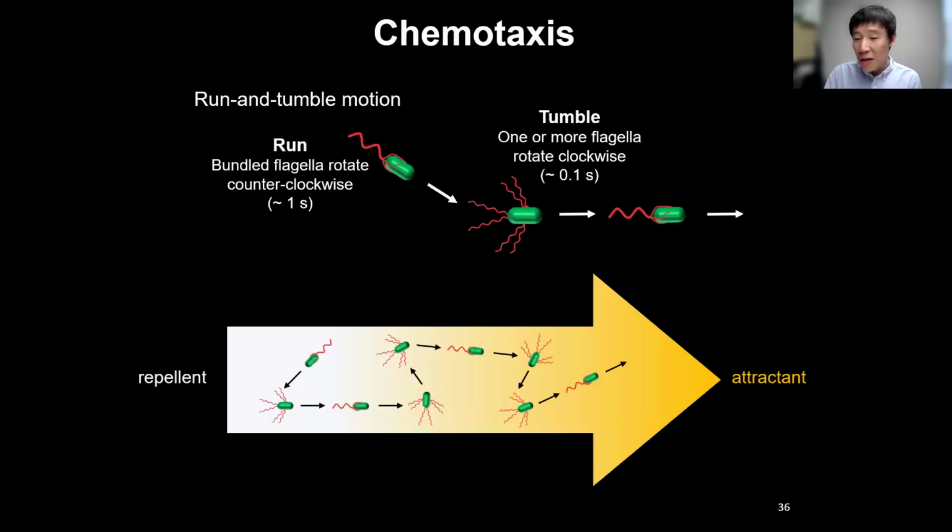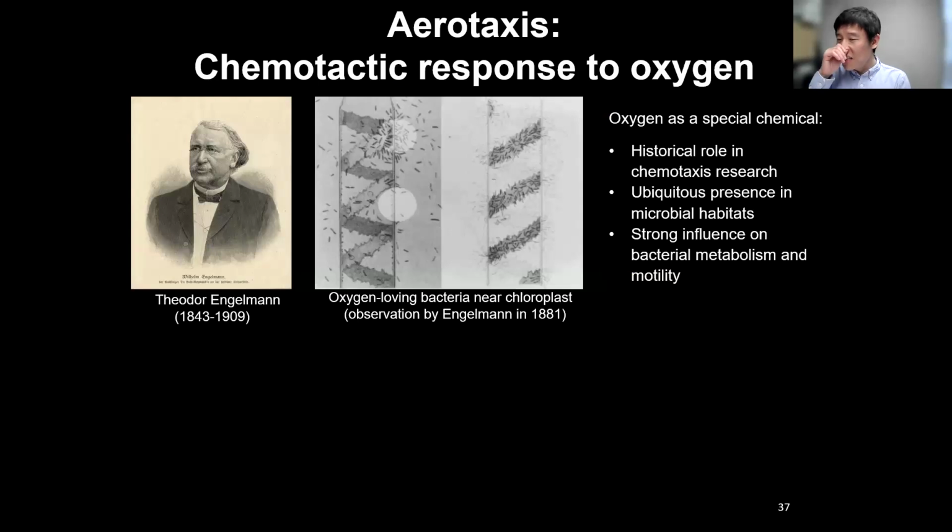As I mentioned in the introduction, bacteria do the run and tumble motion because they want to couple it to the background chemical cues in the environment. This allows them to move in the direction they want, usually toward a chemoattractant, and away from the direction they don't want, usually a place where you have a chemorepellent. Out of all the chemicals bacteria sense,